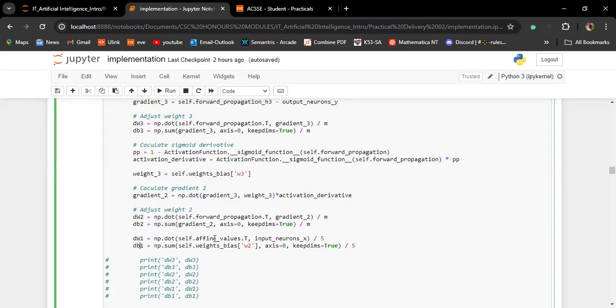What happens there is that we get the dot product between the stored values, not the predicted values but rather the affine transformation values, and the transpose, as well as the output neurons, which we divide by 5. We could have just used M. Then we get the sum of the components on weight 2.